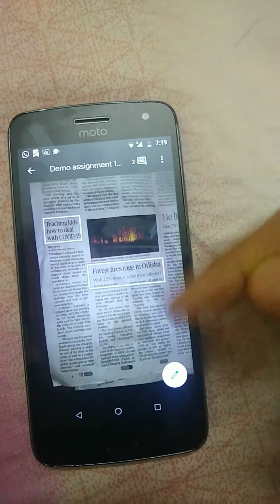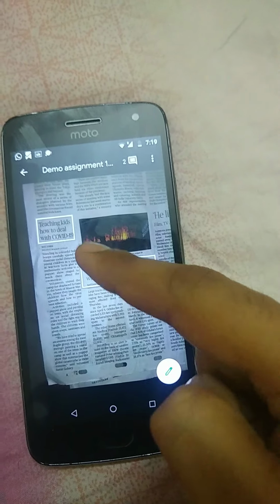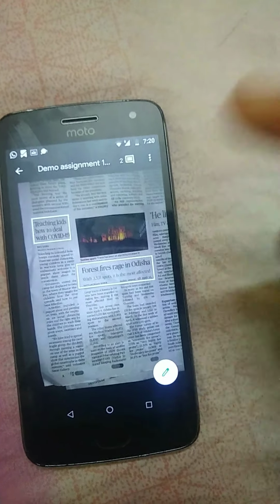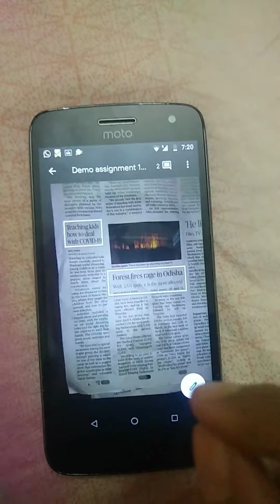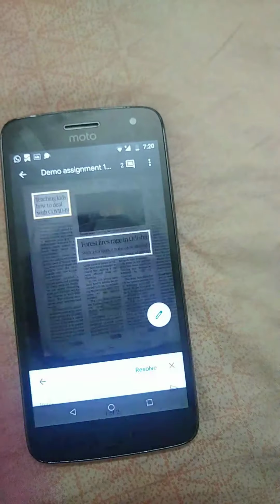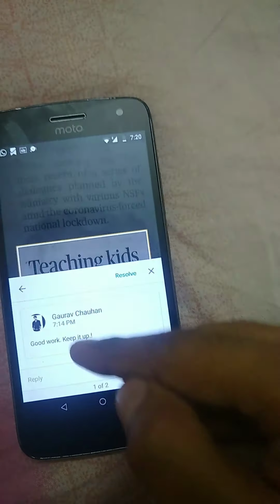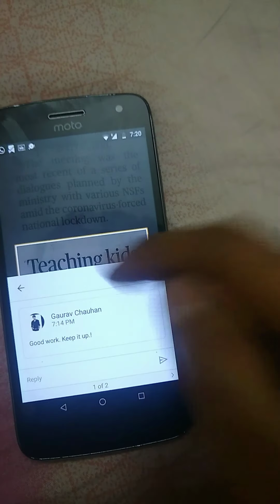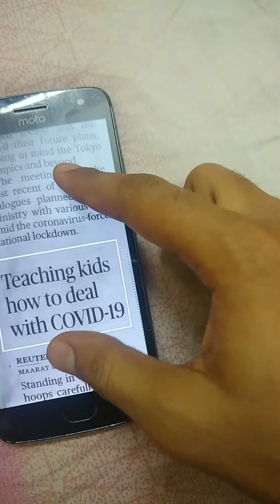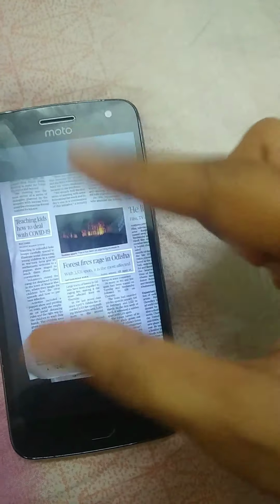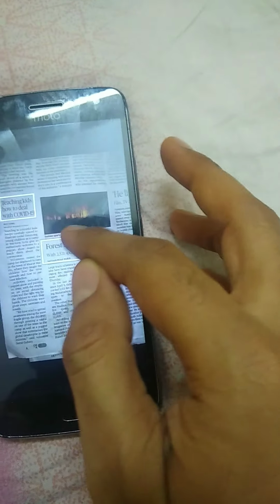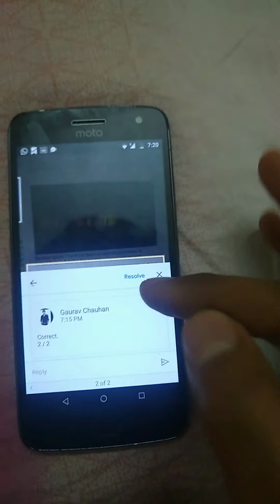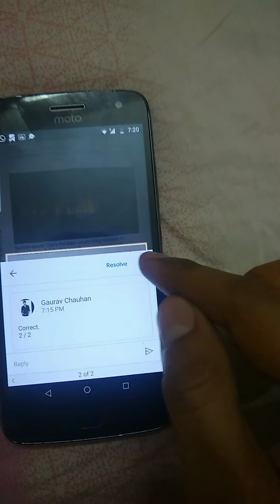Now once it opens here, you will be able to see these special kinds of boxes which are there, which is actually where I have added the comment. Okay, so if you want to read that comment, just go and click on that box. Okay, if you click on that box, you can see I have written good work, keep it up as part of this box. Okay, now back again, same swiping and doing that to make the image large and small. Now if I click on this, you can see I have given a comment, correct 2 out of 2. Okay, don't click on resolve, just close, let the comments be there.